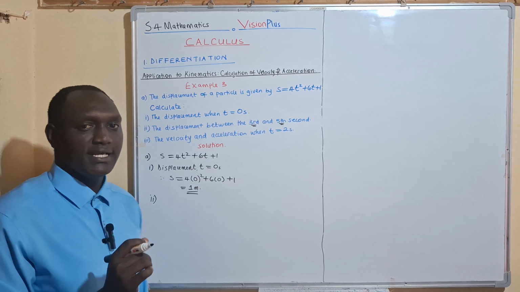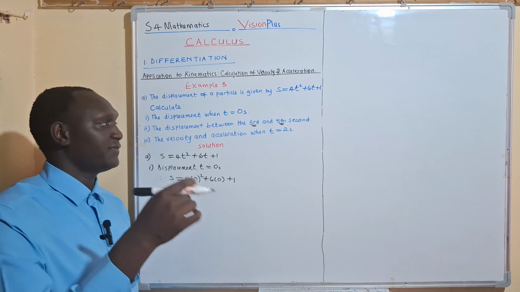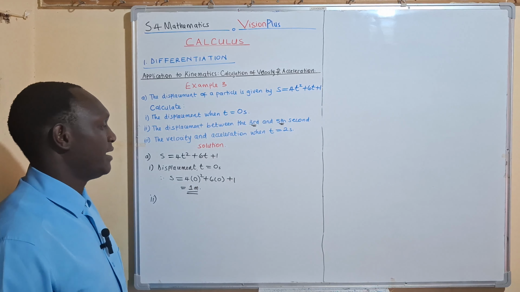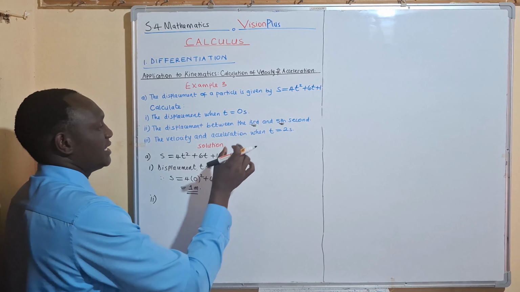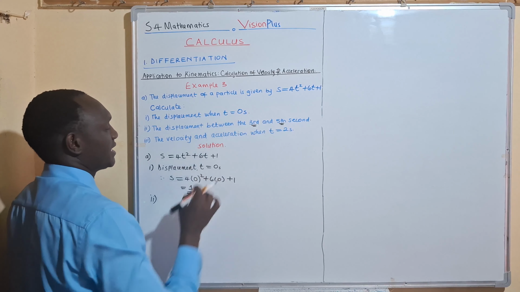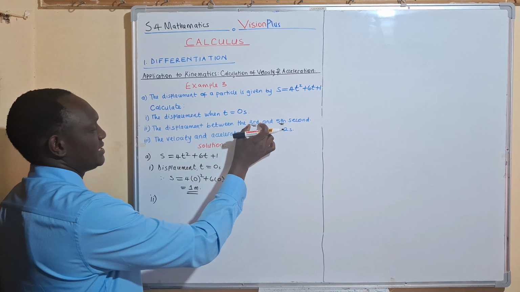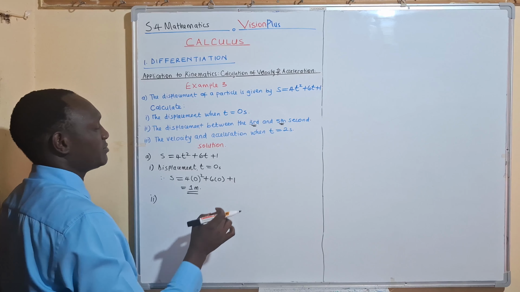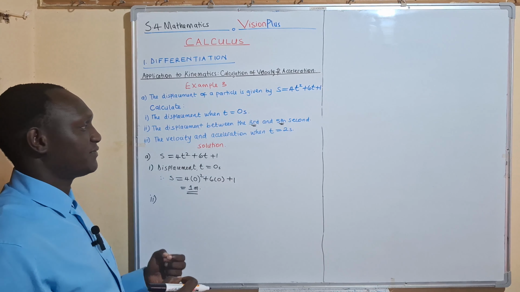What is the distance between the third second and the fifth second? In other words, we need to get the displacement of the particle after time 3 seconds,